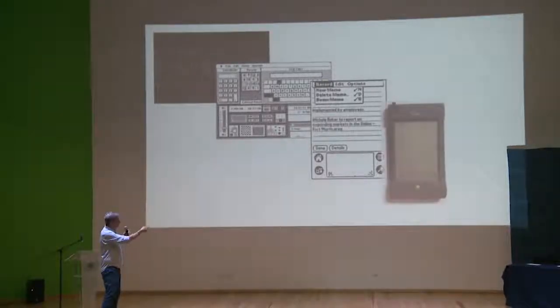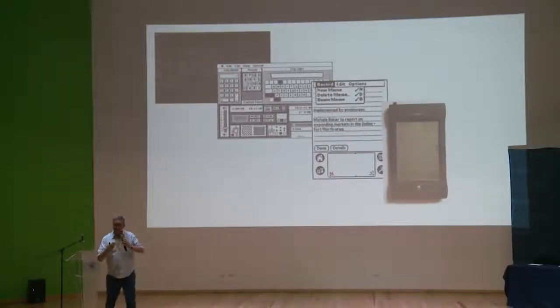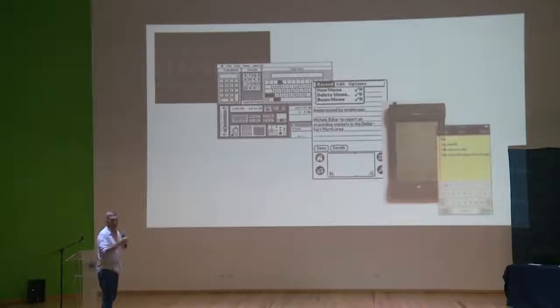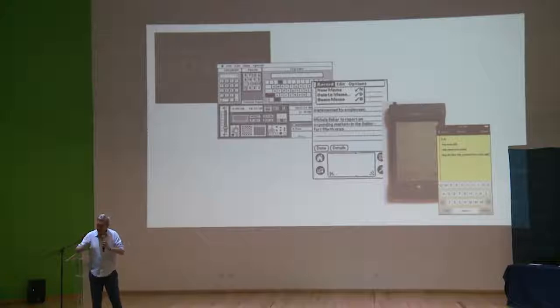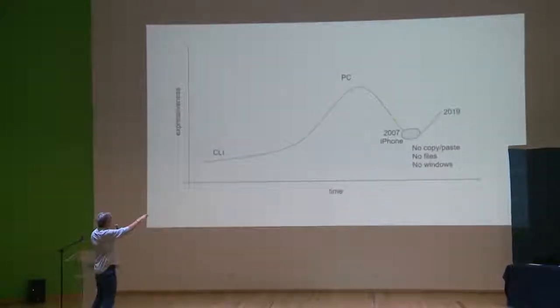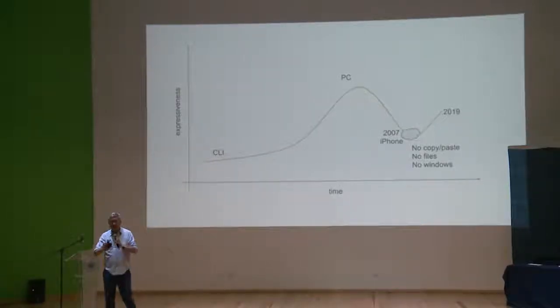And then, of course, along came things like the Newton, which I was associated with, so I'm proud of that. But it was, of course, closer to a more pure implementation as we started to lose our preconceptions. And then, of course, came the iPhone, which was a much bigger, stronger thing. But the interesting question that came with all of this is, as we went from desktop to mobile, it became much simpler. So the expressive power of the user interface was growing with PCs, and then it took this huge jump down for mobile, and that was considered good.